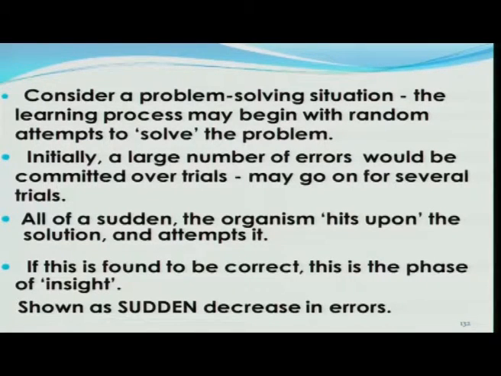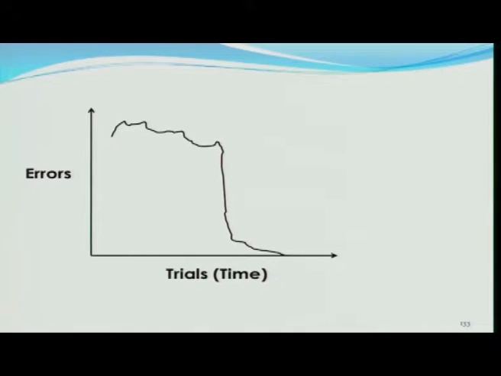If the solution is found to be correct, this is the phase that is called insight, and this is what is shown in terms of a sudden decrease in errors. One can see this phenomenon in the diagram that is shown on the screen. One can see that initially there would be a large number of errors, and all of a sudden at a particular trial or particular point in time, the number of errors comes down virtually to zero, and this is the point at which the task has been learned, the problem has been solved, or to use Köhler's term itself, the